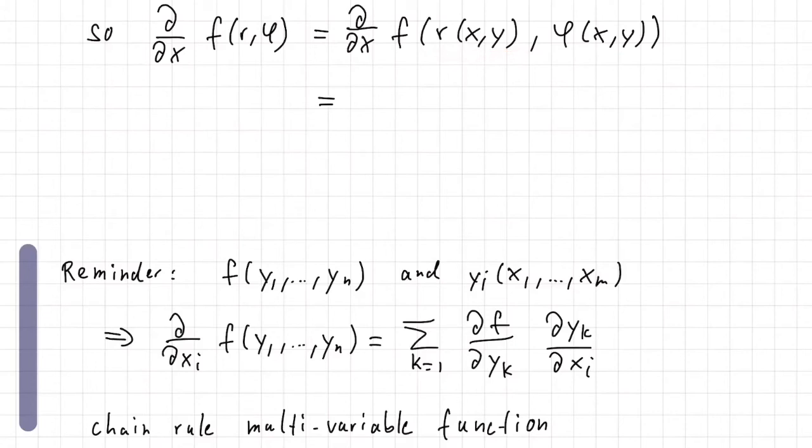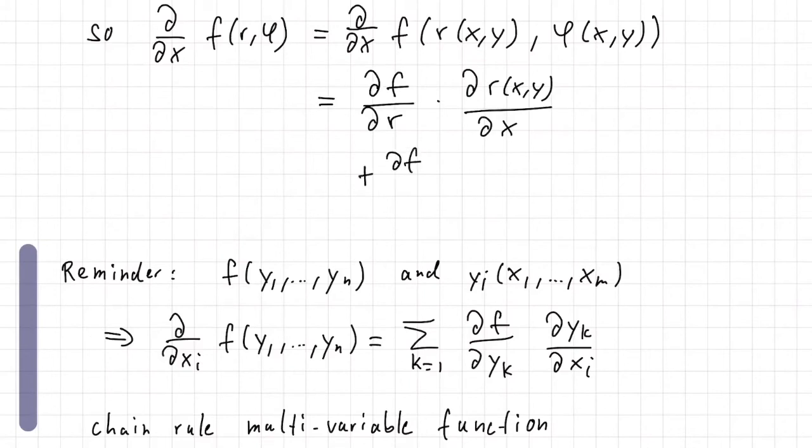So what we need to do first is take the derivative of f with respect to r, and then the derivative of the inner function, which in this case is dr of x and y dx. And then we need to do the same for phi, and then we get df d phi times d phi